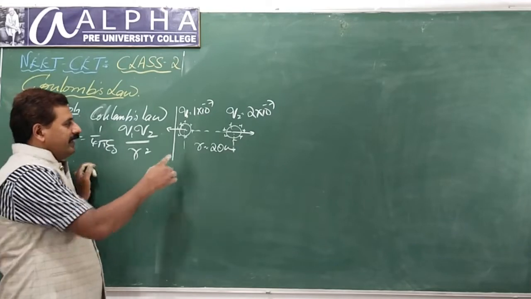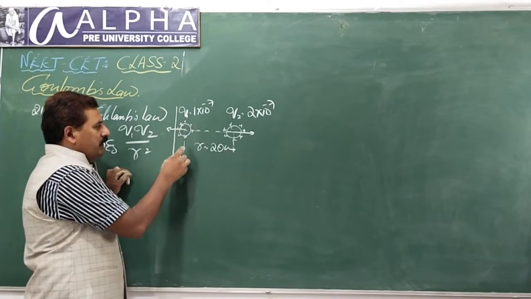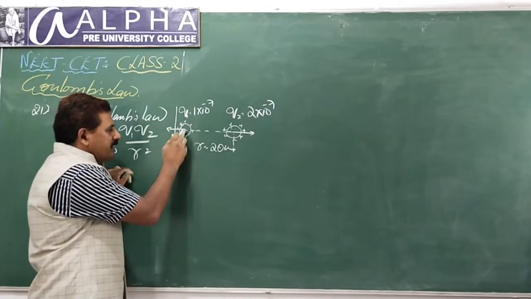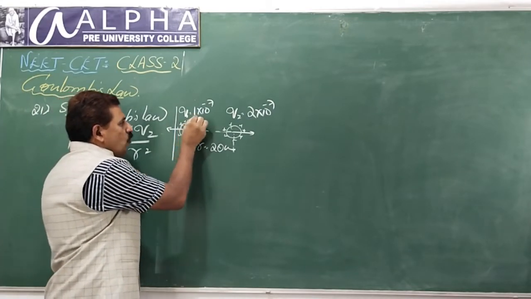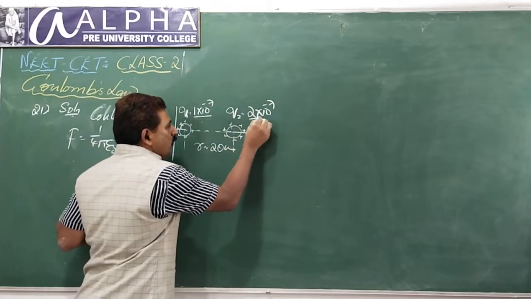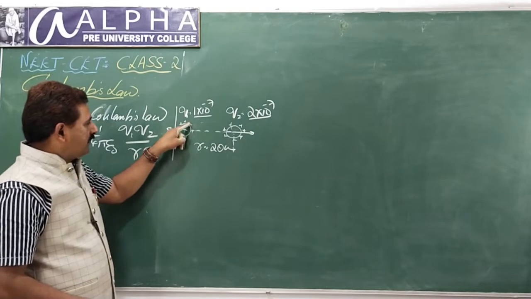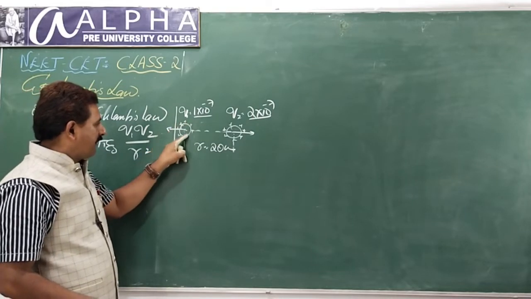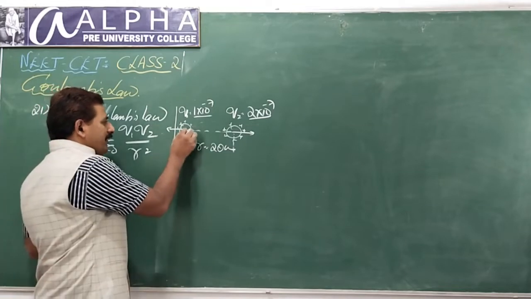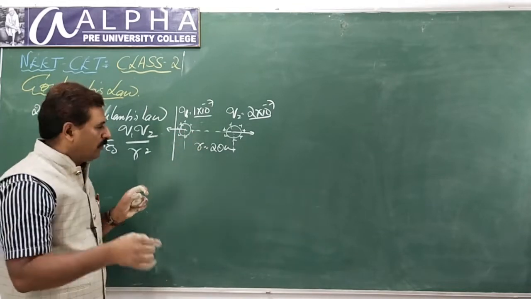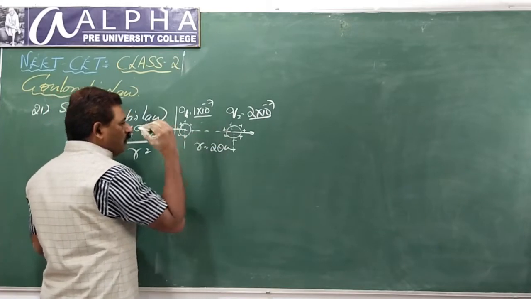Okay, students, this is what he says. There are two very small spheres. You can consider them as point charges. The spheres contain charges 1 10 power minus 7 and 2 10 power minus 7 coulomb. When you add charge on the sphere, they lie on the surface, and the charges on the surface can be considered to be at the center. We will see this in the next topic. Now, the force acts between the two centers of the two bodies.